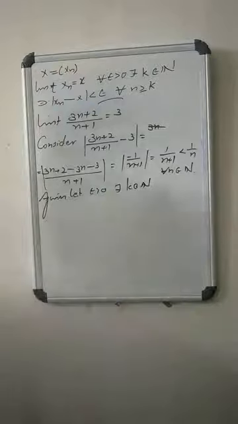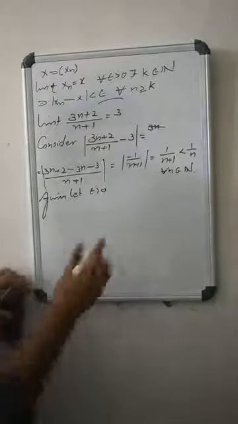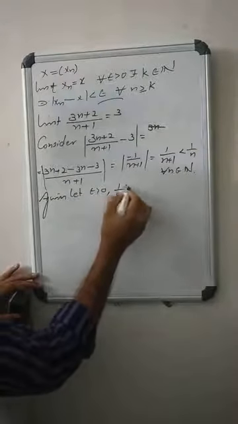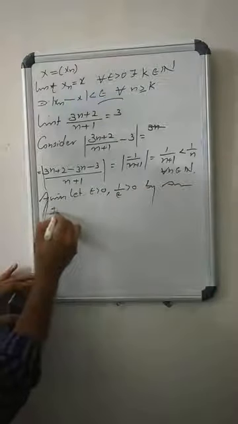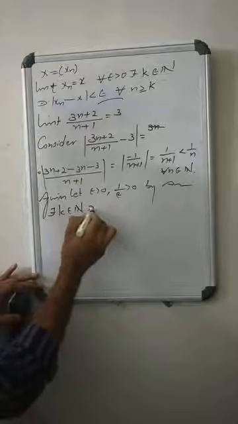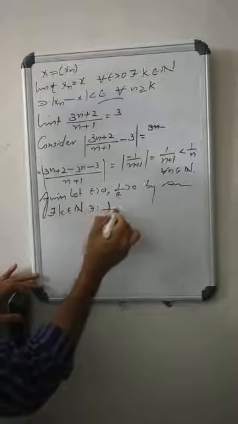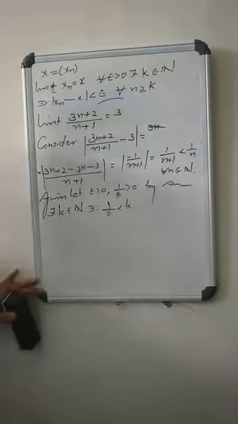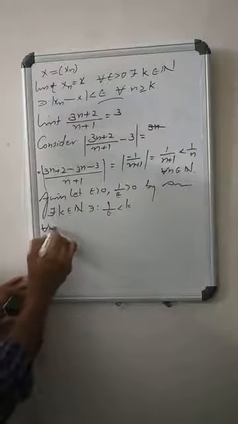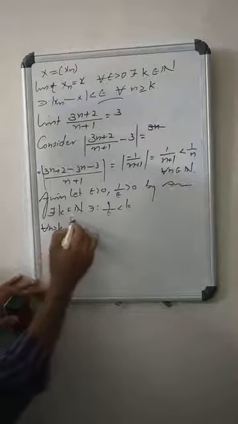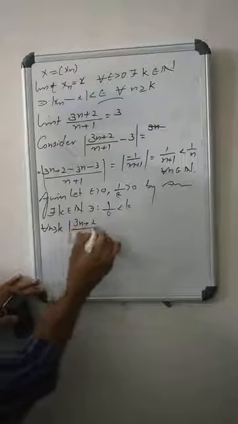Since epsilon is positive, 1/epsilon is also positive, so by the Archimedean property there exists some natural number k such that 1/epsilon is strictly less than k. Therefore, for all n greater than or equal to k,